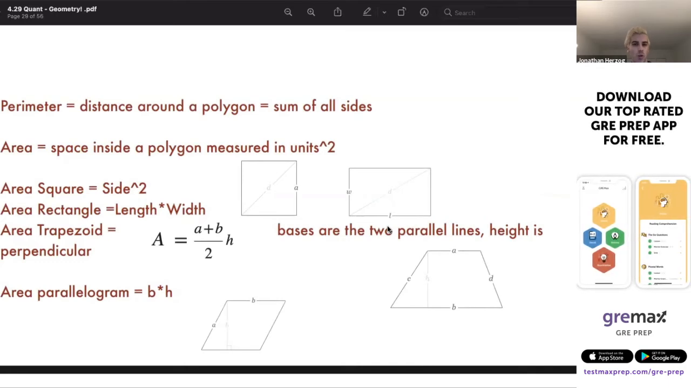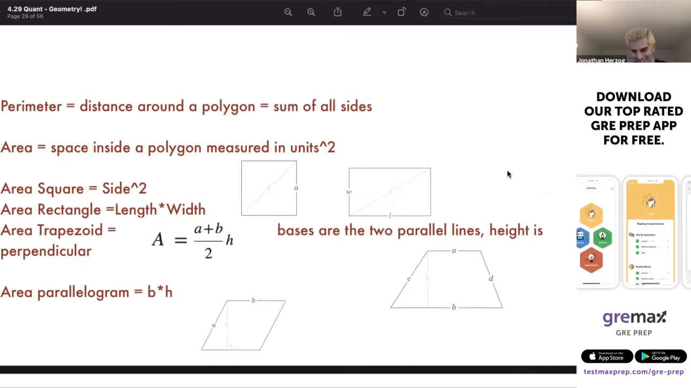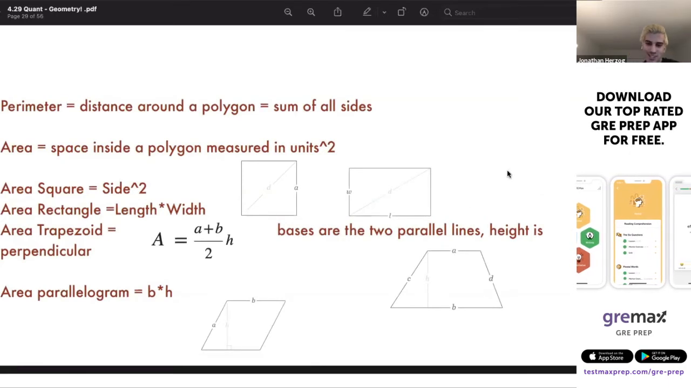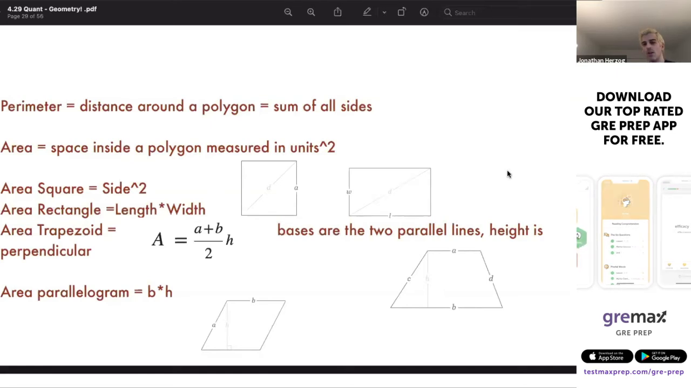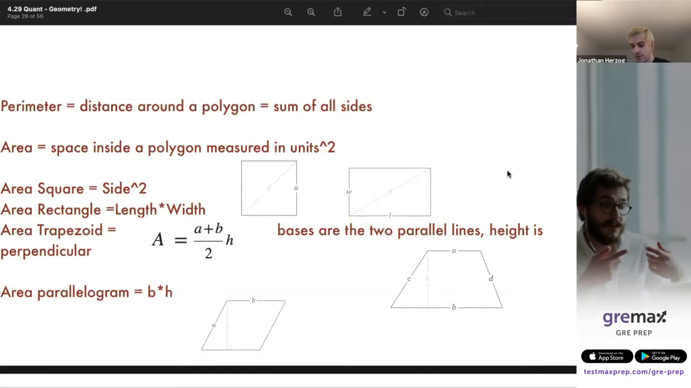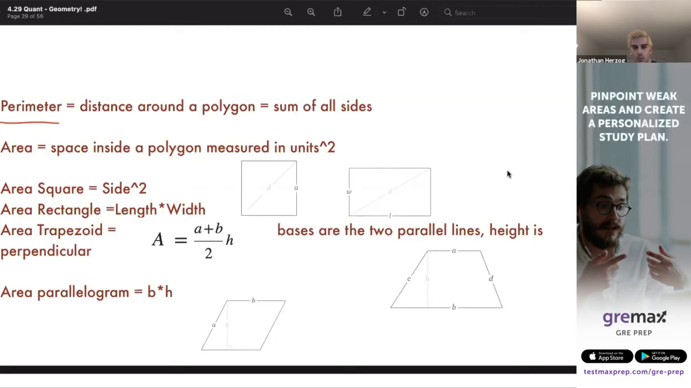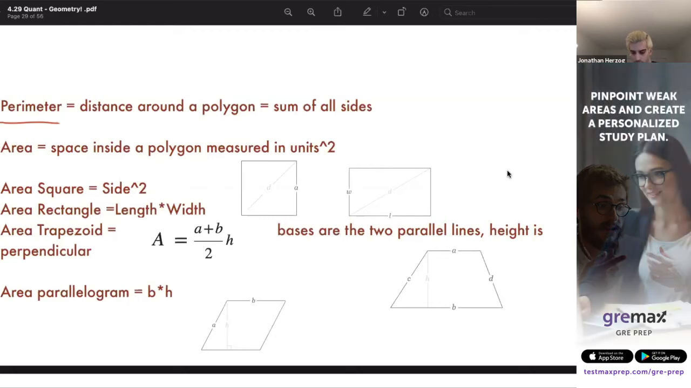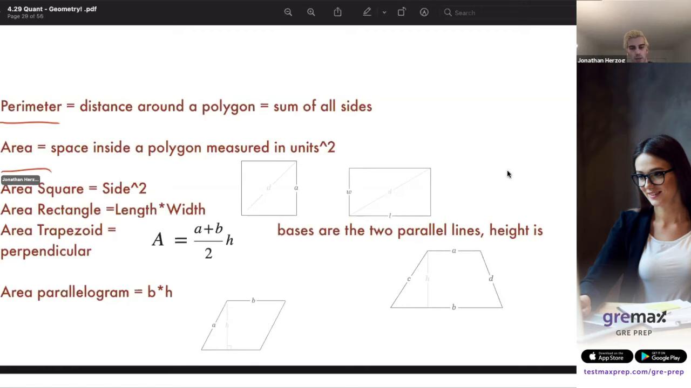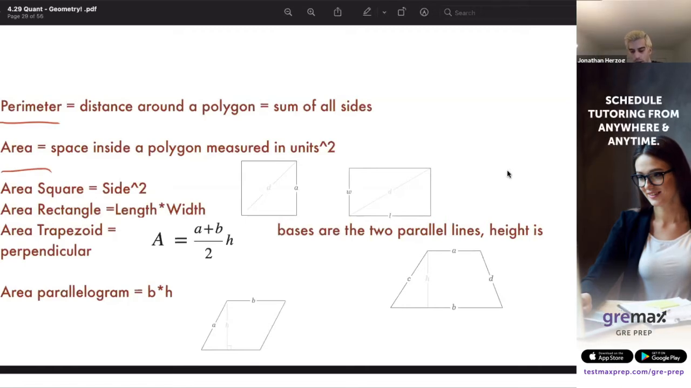Perimeter and area all in one. Perimeter, distance around the polygon, the sum of all of the sides. Again, sometimes you'll have to draw in or infer what's being asked for as it relates to the perimeter. Area is the space inside of the polygon measured in units squared. Why unit squared? Because let's say we have our square